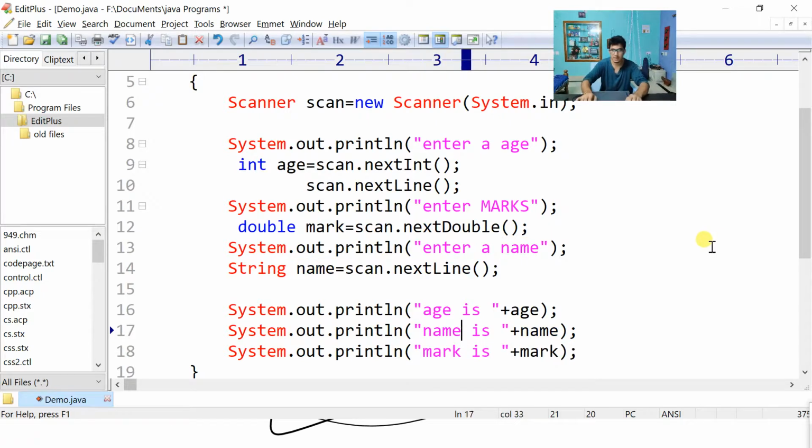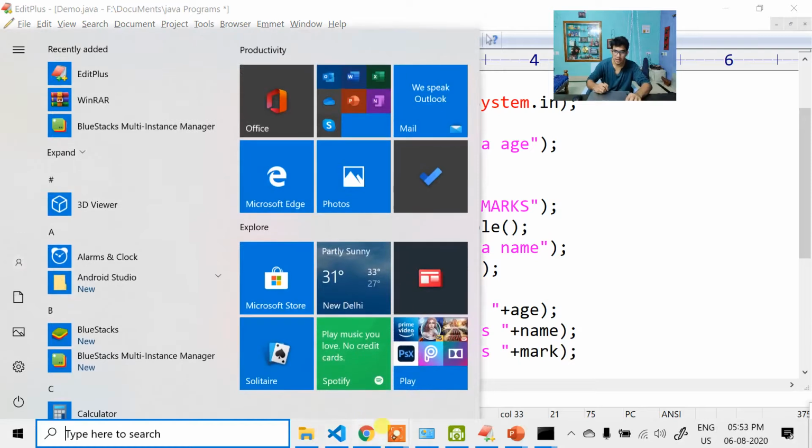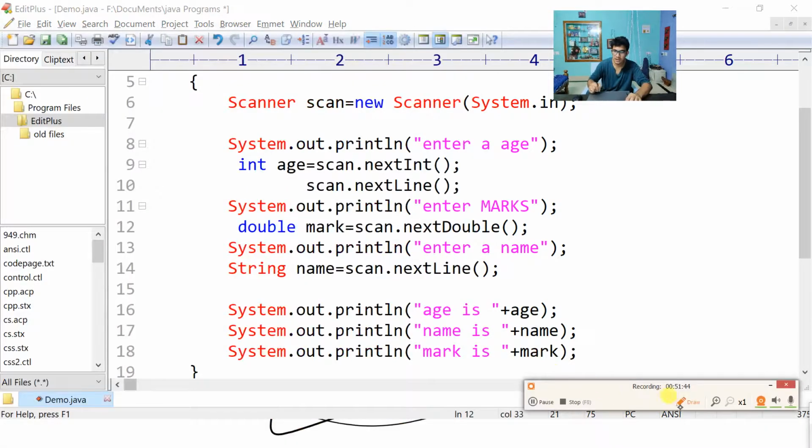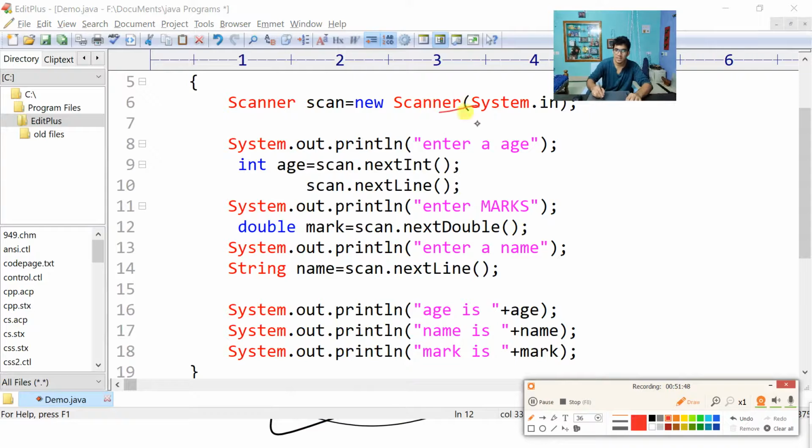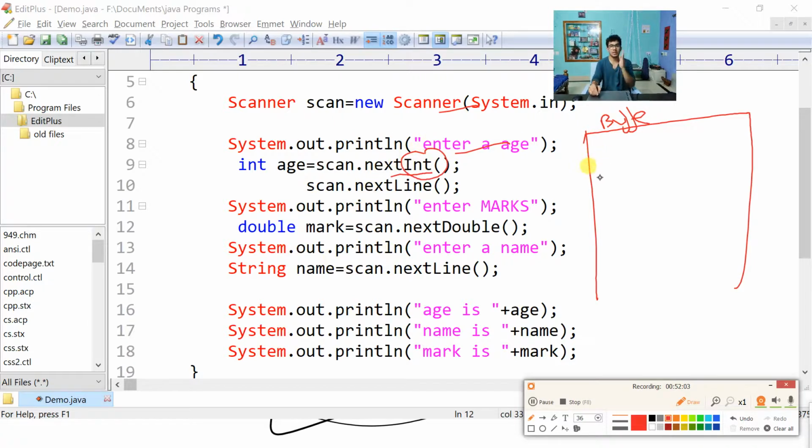Okay, done. Let's try to understand what is happening. I will take this pen from here. First the control will come to the scanner, so an empty scanner is created. Enter age. Okay, it is displayed to the user. Next int. Tell me, this is my buffer, right? Is my buffer containing something? Not something, you asked for the integer part. Is it containing the integer part? No. It will wait for you to enter the integer part. It is waiting for you, and when it is waiting, you enter 12.